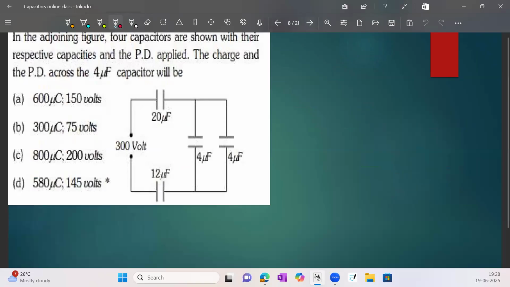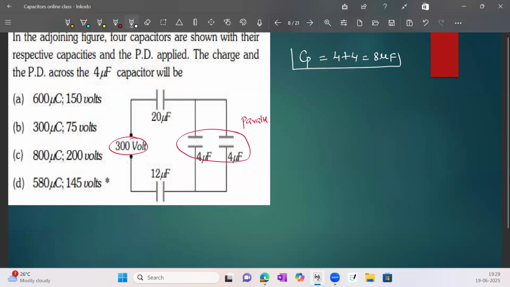Next, see, they have given one diagram here and they ask for the charge and the potential difference across the 4 microfarad capacitor. Now see the diagram. So here we have the battery of 300 volts. These two are connected in parallel. These two are connected in parallel. So for parallel we have the formula Cp equals 4 plus 4, it becomes 8 microfarad. In the equivalent diagram, we can write